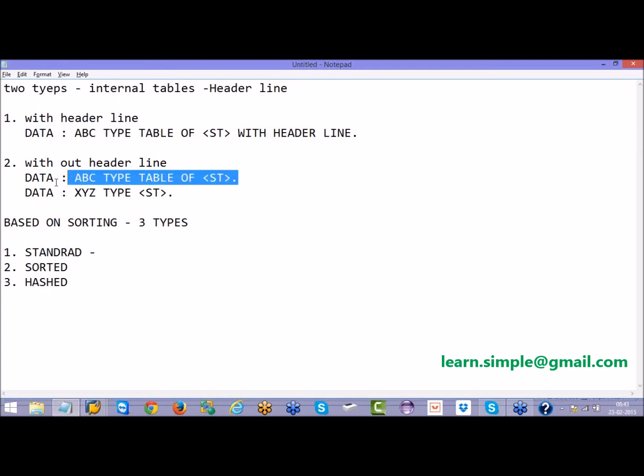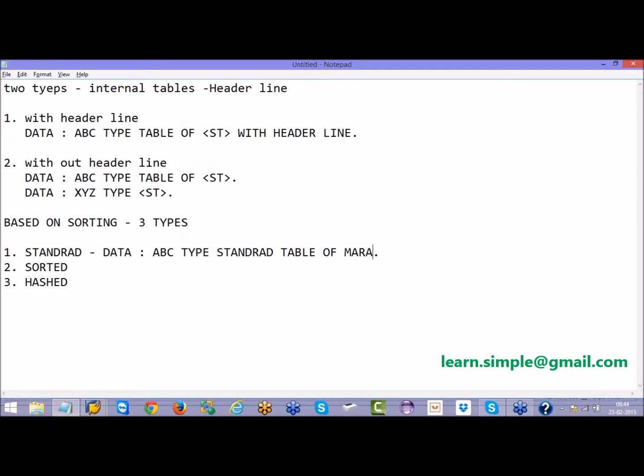Otherwise, you can also declare the syntax like this: data ABC type standard table of some structure, maybe MARA or MAKT structure, or ZSTUDENT, whatever structure you have declared in SE11, or whatever structure you declare in the program, like ty_something.